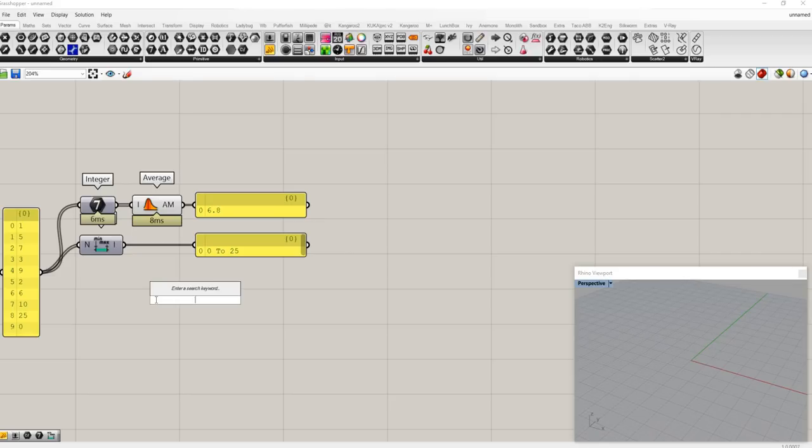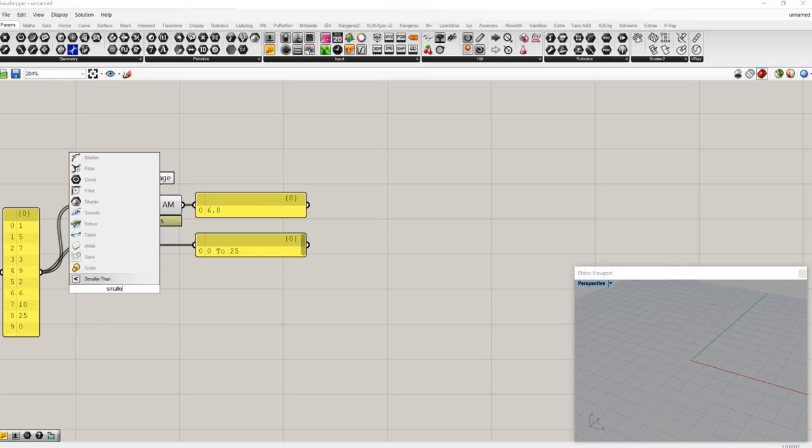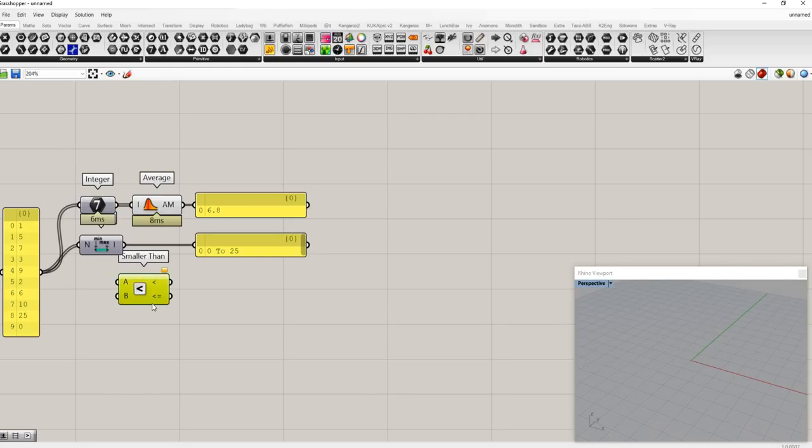Either they're something, if a given equation is true, then it would be 1 or true, or something is false, which would be 0. So you can set one of these up by testing for something that's smaller than or greater than. So I'm going to say, are all of these numbers, or if any of these numbers are greater than or less or greater than,